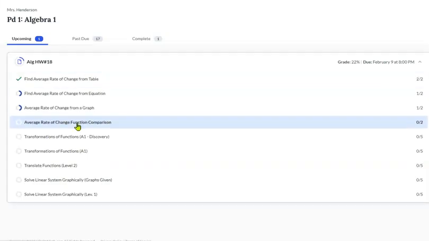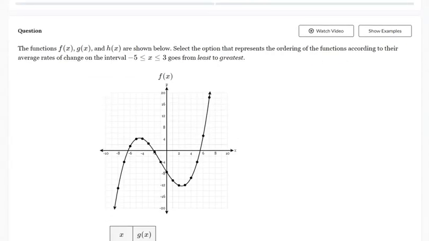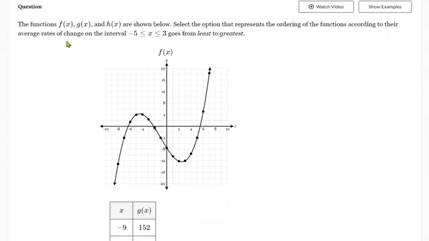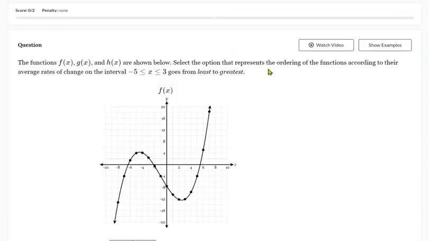Let's take a look at the last one, which is comparing all 3 of those different methods. In this question, they're telling you you have function f, which is the graph, function g, which is this table down here, and then function h, which off the screen is this equation. So they want you to compare the rates of change for all 3 functions and find the ones that are